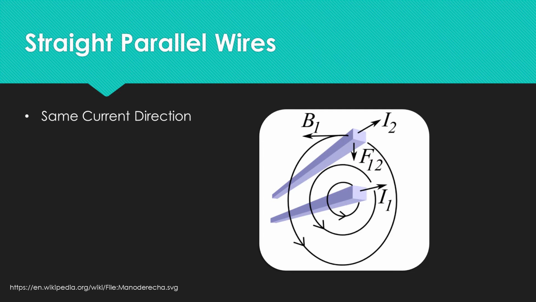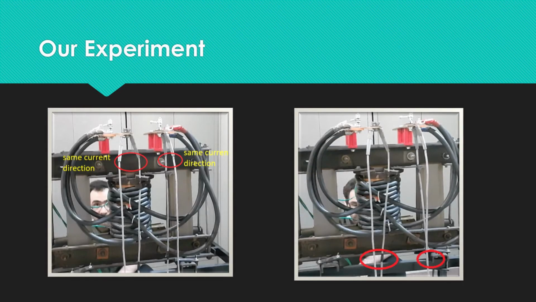Two straight parallel wires with the same current direction attract each other. B1 is the magnetic field of I1 current and F12 is the force applied to wire number 2. The magnitude of the force is proportional to the current's value. We have done a parallel wires experiment. In the left picture, no current is applied to the wires, and there is no force between the wires. On the right side, the current goes through the cables, and you can see that cables with the same current